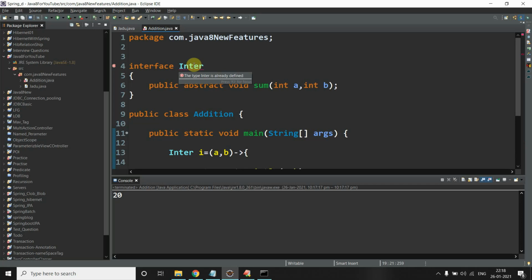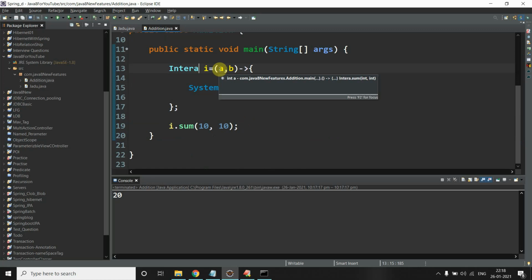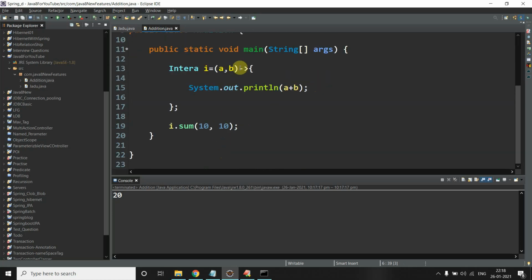We already have an interface in the same package named Inter, so we will say Intra, and here also Intra. If you remember from the first video, why I'm not passing here integer a comma b, the parameter types integer a and integer b, and I can also remove this parenthesis from here.